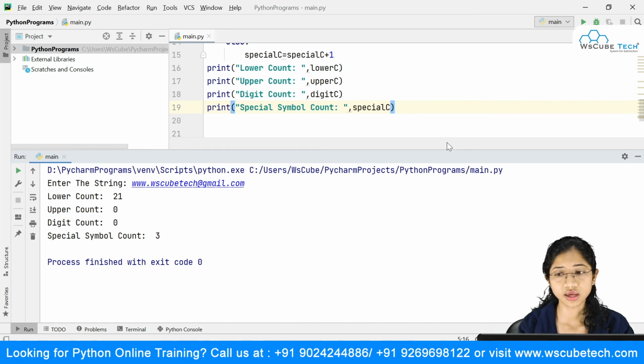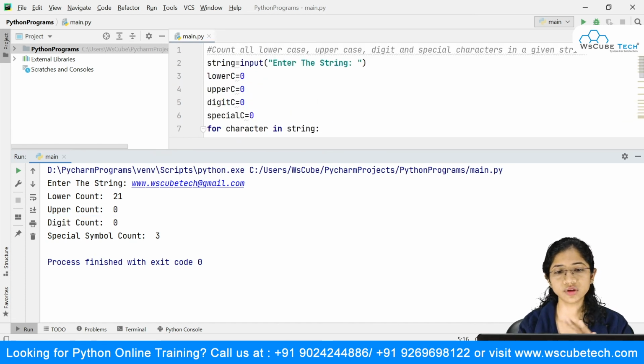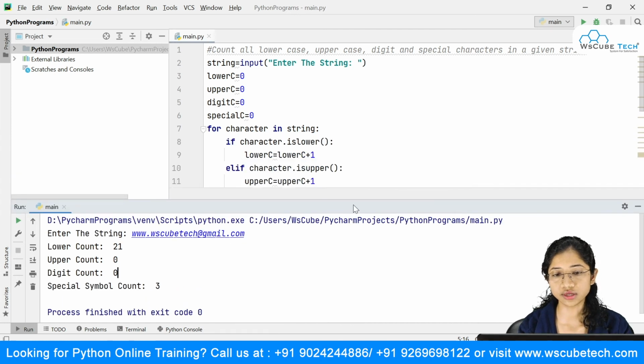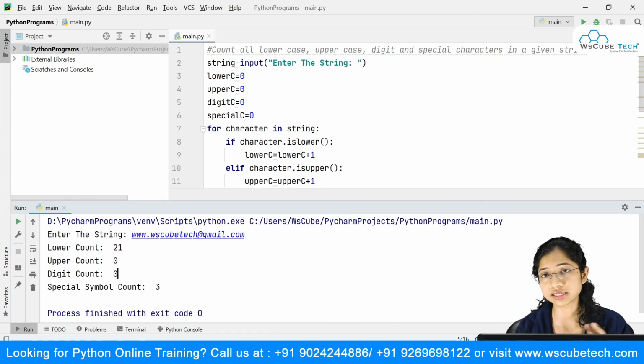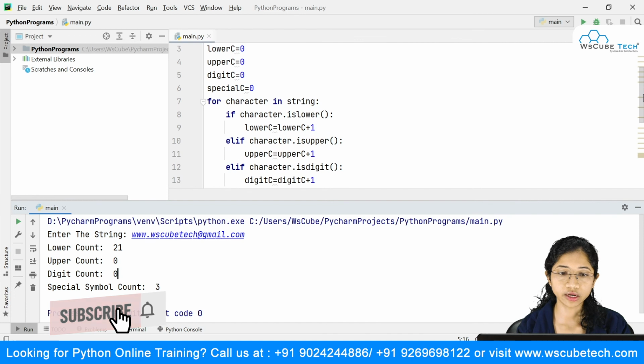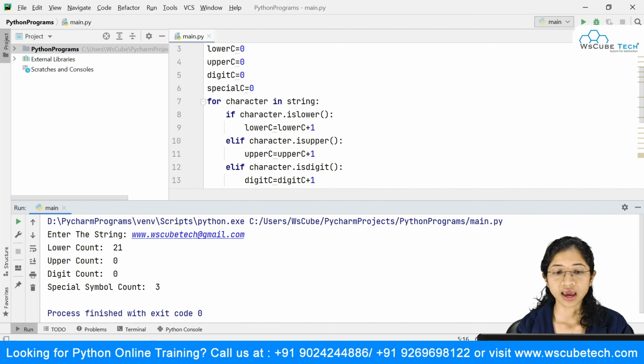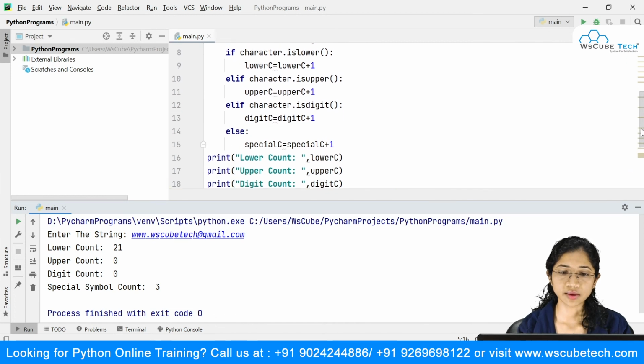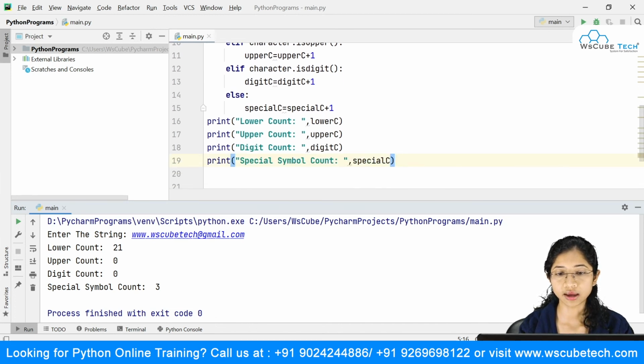So this is how we have coded our thing. What we have done is take an input from the user, and we are counting how many times lowercase, uppercase, digits and special symbols are present inside our string. For that we have made use of the for loop. It fetches each character from the string at a time, and we are checking the condition. If that character is lower, I'm incrementing the lower count, and likewise I'm doing it for the remaining conditions. And I'm simply going to print that with the help of the count variables that I have already set. So this will give me the result over here.